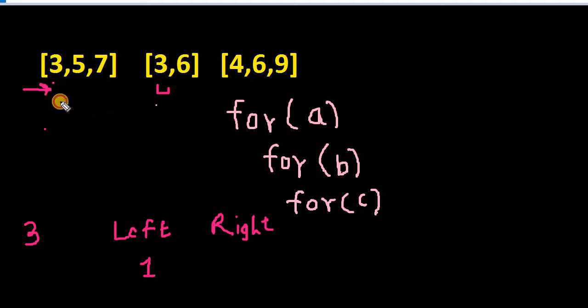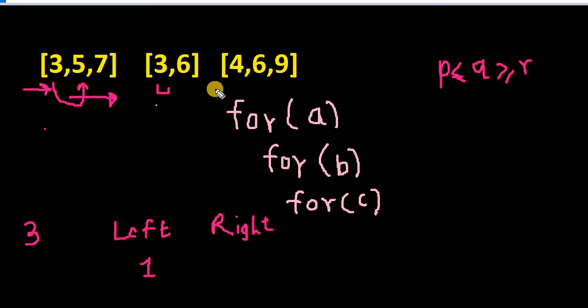After that 3, we move on to 5. 5 is greater than 3, so we cannot take 5, and this condition fails. Which condition? We talked about P being less than Q, and Q being greater than R. So this fails. We will not check the further elements, because we have a sorted array. That means all the elements after 5 will be higher than 5 and require no checking.